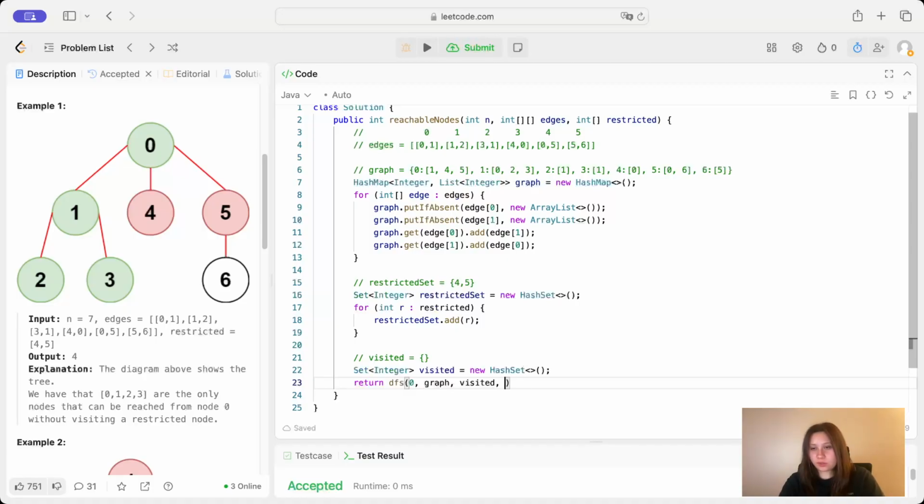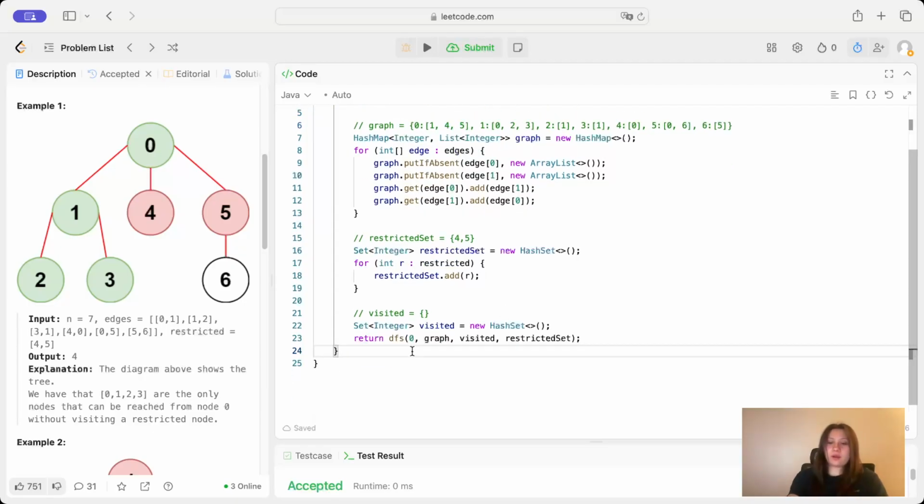We also want to pass in our restricted set, because if a node is in our restricted set, we're not going to explore it, okay? So let's say our restricted set is 4 and 5. Well, if we're at node 0 and we're exploring 0's neighbors, we're actually only going to explore 1. We can't explore 4 and 5 because these are restricted. So we'll skip over these if they're in the restricted set. So that's how that's going to work. Okay, now let's make